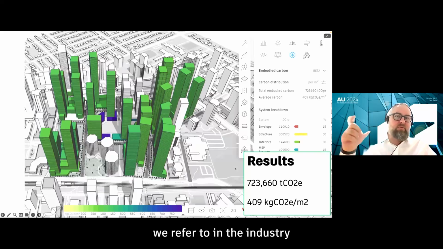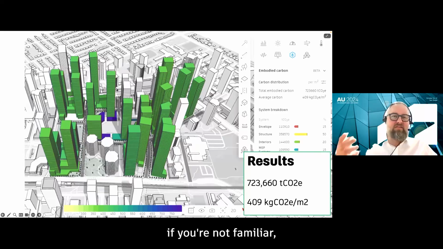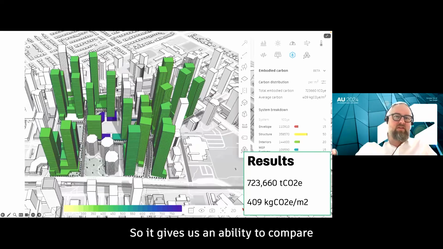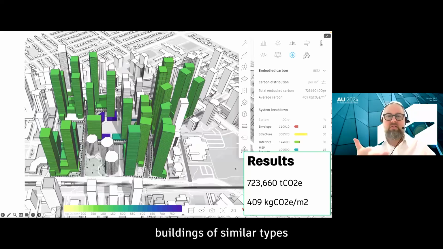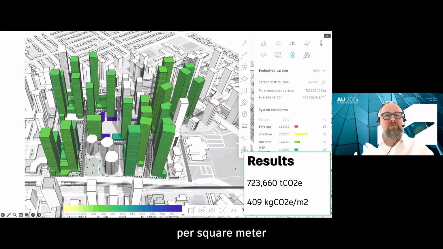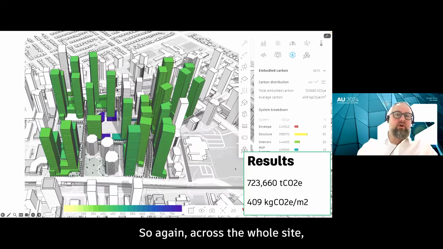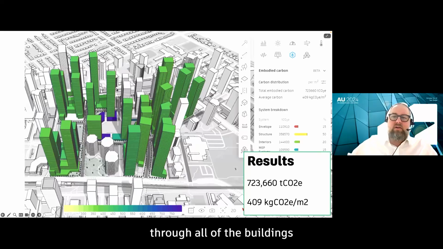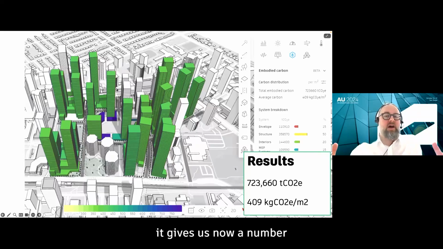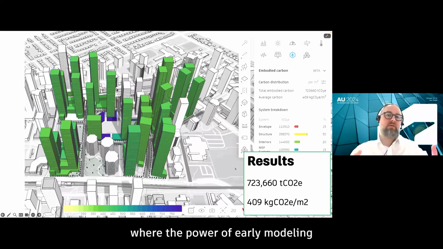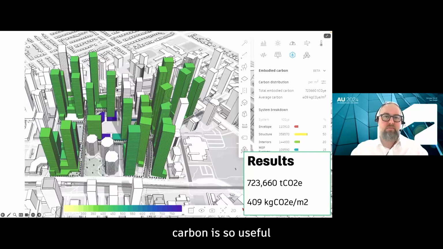And then the average carbon. This is what we sometimes refer to in the industry as carbon intensity, if you're not familiar, which is a per square meter evaluation. So it gives us an ability to compare buildings of similar types to say, okay, per square meter, this building has a higher carbon intensity than this other one. So across the whole site through all of the buildings, we have an average carbon intensity of 409 kilograms of CO2. As a baseline, it gives us now a number that we can compare to. And that's really where the power of early modeling for embodied carbon is so useful to teams, to be able to say, okay,